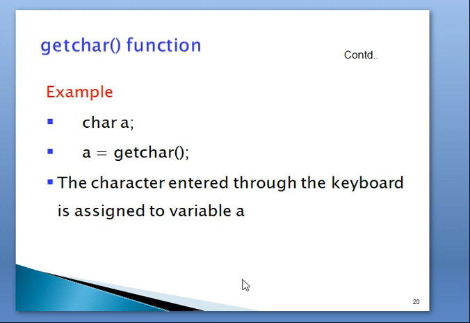The character entered through the keyboard is assigned to a variable while you are executing the program. Whenever you execute these statements in your program, it waits until the user enters a character. That character may be alphabet or numeric.